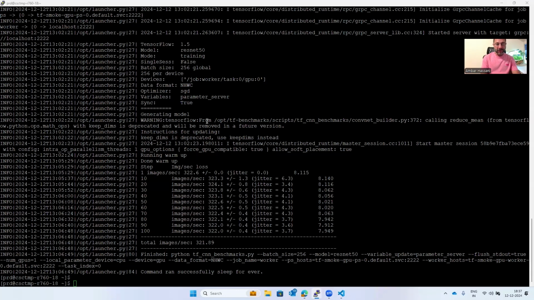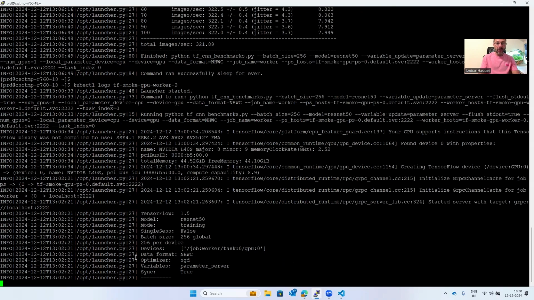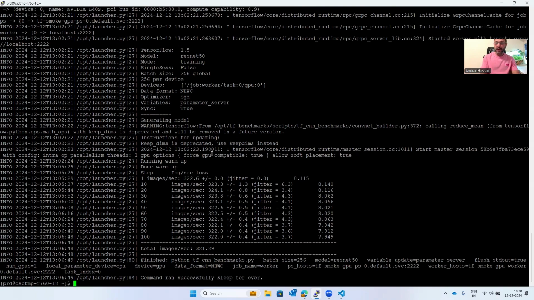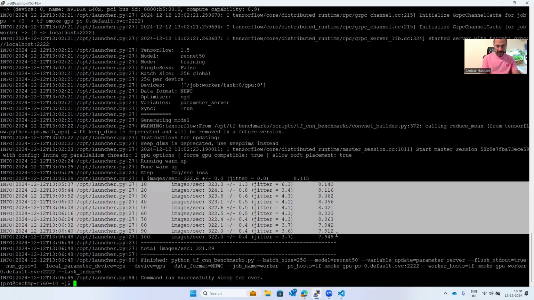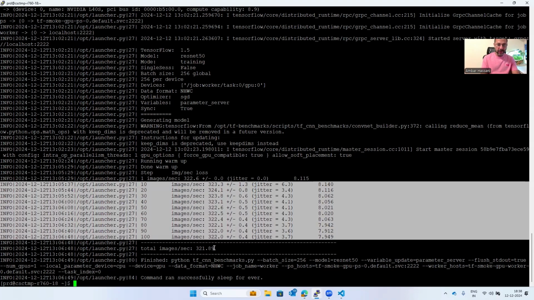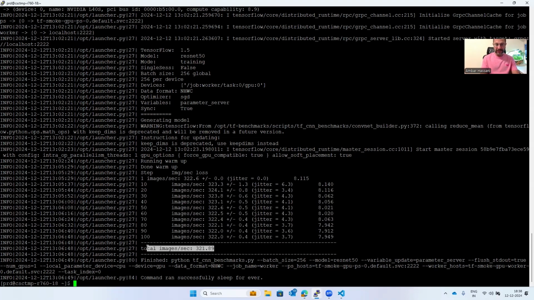Okay, so after a brief run, let me repeat the logs command again. Once the entire job starts, we can see the most important piece of our benchmarking results. The total images per second, which is the throughput, is coming up to